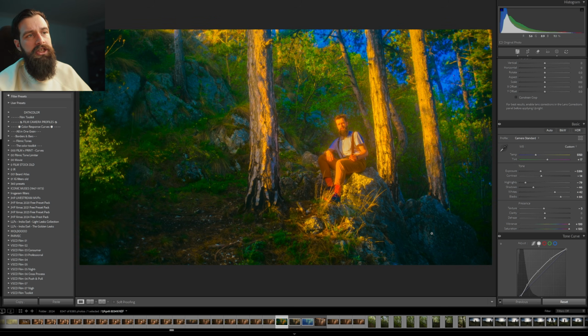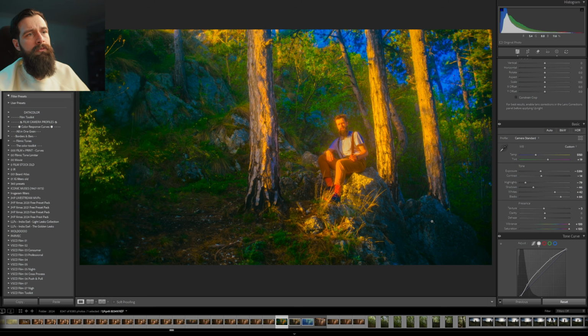Now my shadows on the rocks are tinted a bit blue. My highlights are still pretty warm, and that's gonna look awesome in the final edit, but there's no more magenta in all of my shadows, and I also didn't push green so far that my shadows are starting to get green. I'm trying to keep them as neutral as possible, so probably in this case something around plus 19 is